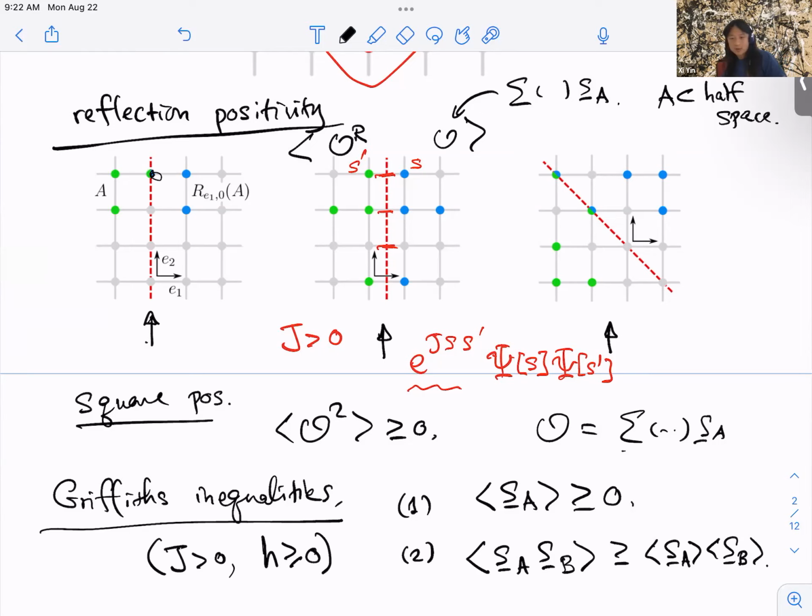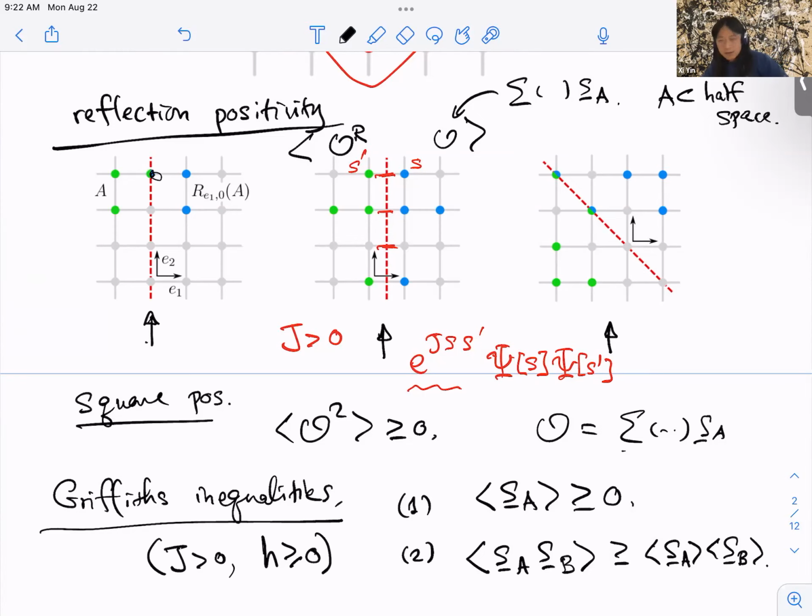The second one is slightly trickier to prove, but nonetheless, these are not too hard to prove. I learned this initially from the book by Glimm and Jaffe called Quantum Physics: A Functional Integral Point of View. So these things have been well known for decades, but we included derivations of these inequalities in our paper as well. As I mentioned, we believe that these Griffiths inequalities, as well as many other inequalities, are not necessary in addition to the reflection positivity, but they can help improve the numerical efficiency.